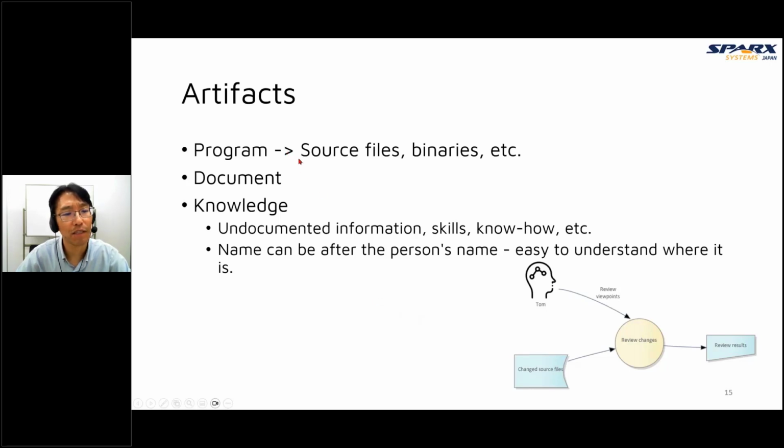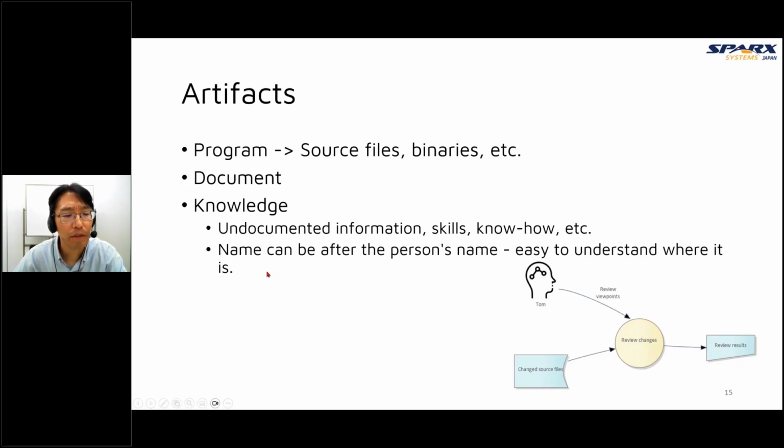Programs and documents are very easy to understand. But knowledge is unique to this process flow diagram. This icon means undocumented information, skills, or know-how. And I think it's very important to find this kind of undocumented, unseen information for each project.